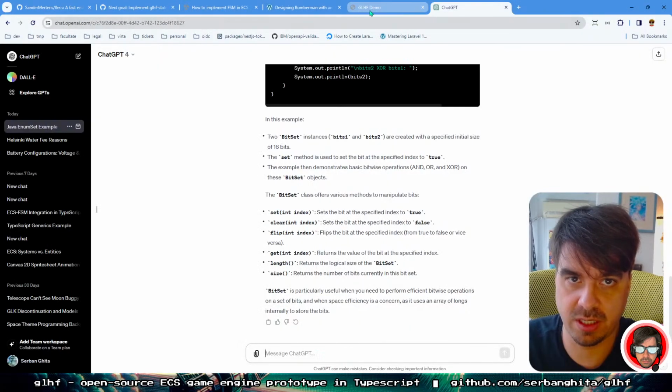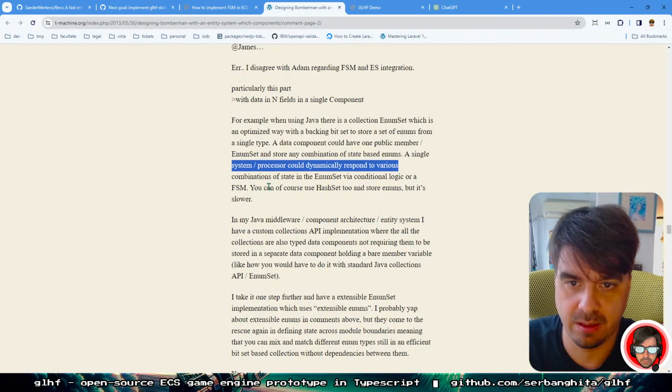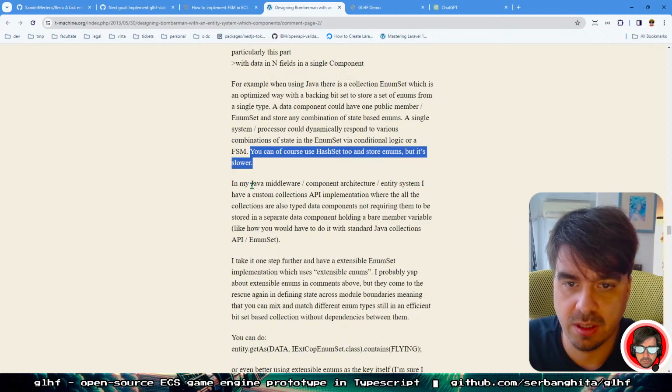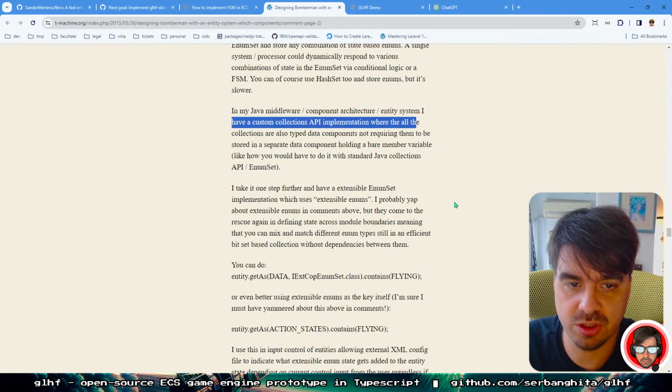Okay, let's go back. It could dynamically respond to various combinations of state. You can of course use a hash set. Okay. In my Java middleware component architecture entity system, I have a custom collection API implementation